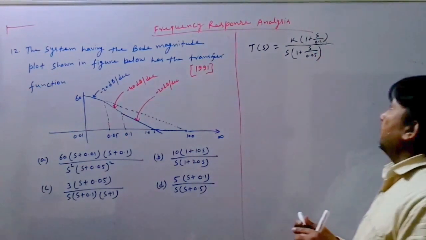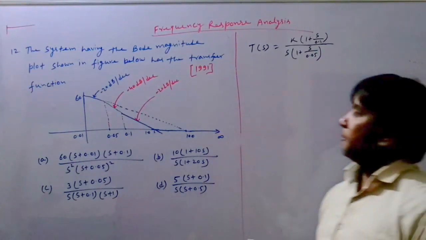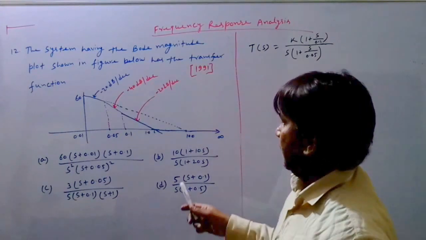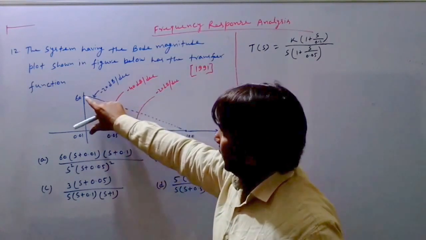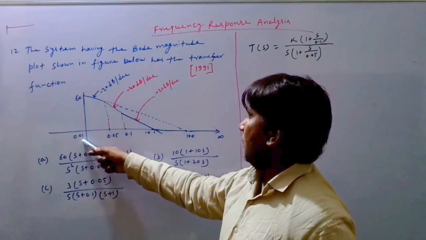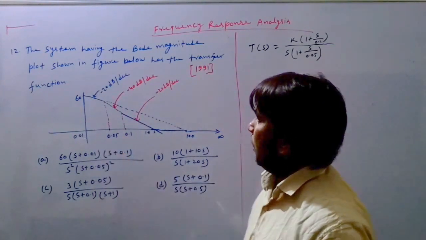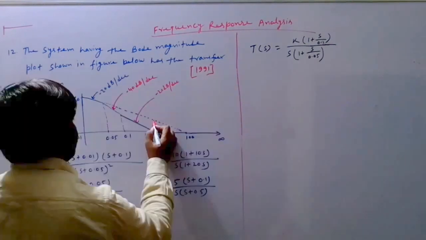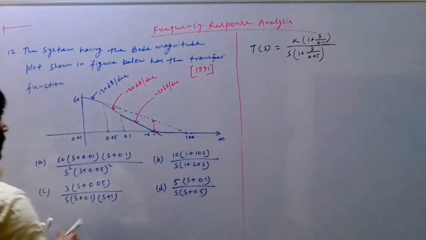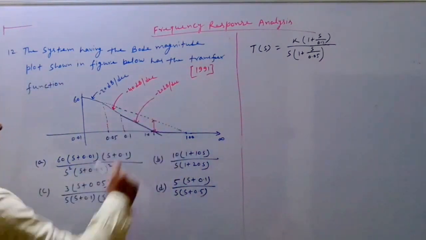So now we are left to evaluate what is the value of k. Here we can say it is 60 dB, and here it is 0.1. So here it is 0.1. So this one, then this value